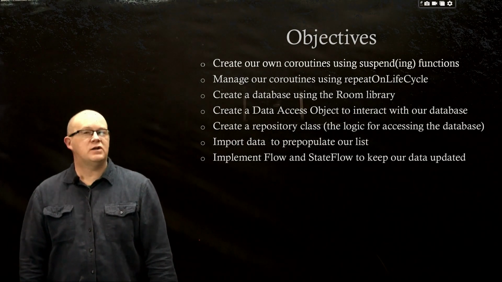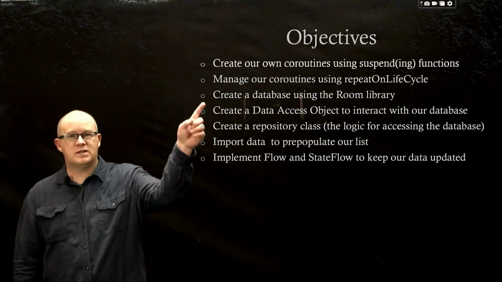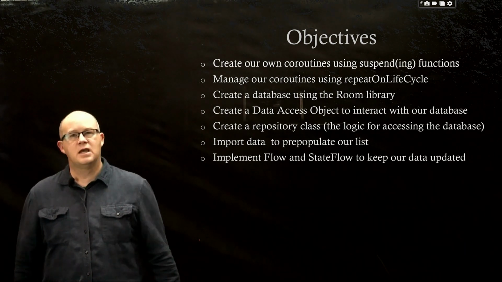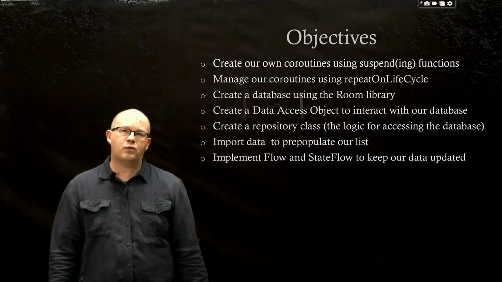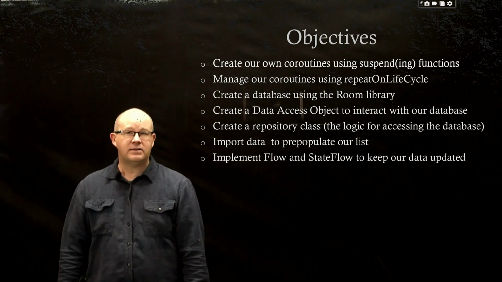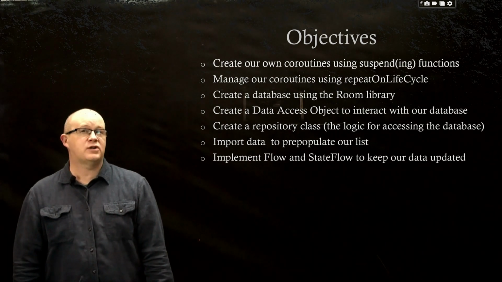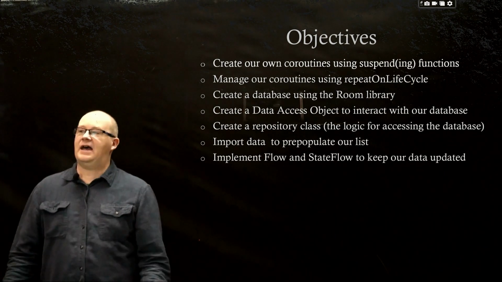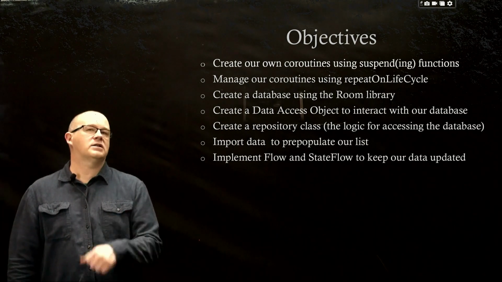We are in video 5 of chapter 12 on databases and coroutines, and we've been spending the last 2 videos setting up our database. Just want to recap real quick that creating the database was a 3-step process. The first thing we had to do was annotate our data class so that it would be set up as an entity. The second thing we did is we had to create the file for the database itself. And then the third thing we did was that we created a type converter because our room database, which is